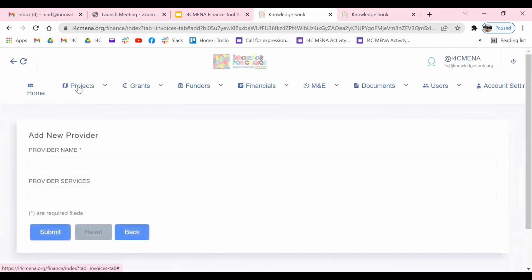We can do it from this main menu. We can add a provider, but also we can do it directly from here. Based on the invoice submitted, we can put here the name of this provider, also some description of the service provided.